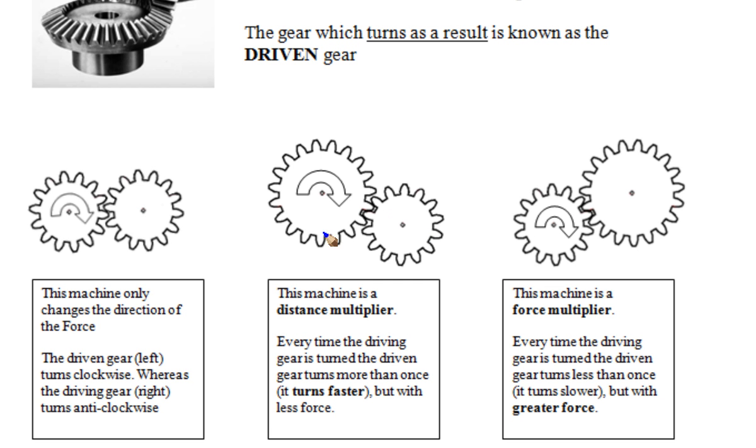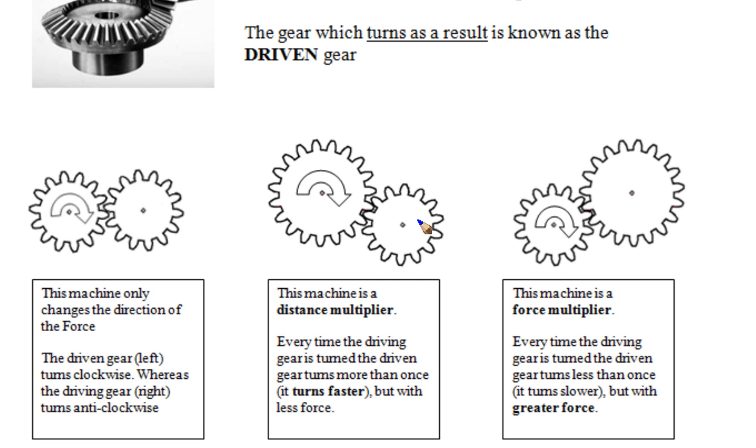Well, if you count the number of teeth, each time 3 teeth or 5 teeth go through on this cog, you'll get 5 go through on this one. So what it means is this bigger wheel, if I turn that around once, the little wheel here is going to turn around more than once. So we're going to get more distance. It's going to turn more quickly, faster, or turn to cover a greater distance. So turning the driving gear here, we get a greater distance or it'll turn faster on the driven gear,